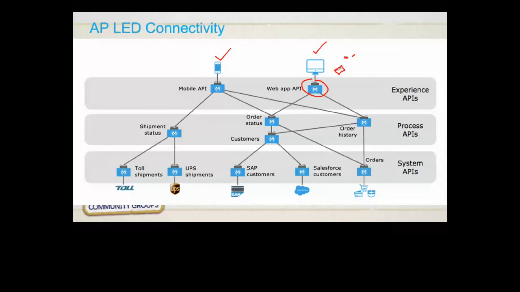So what happens is, this particular API which has been developed by the experience API developer is going to be called. It will say that this is basically the order status. They will call the order status. They might call the shipment API as well to see if the order has been shipped, or whatever the status of shipment is for that particular order. They will call whatever the history of that order is. Basically, this history will also have information related to the shipments as well.